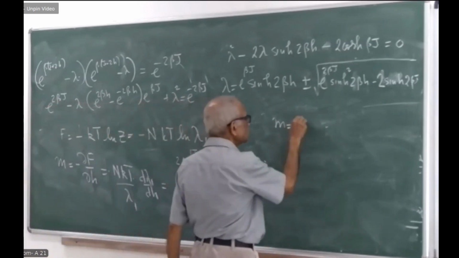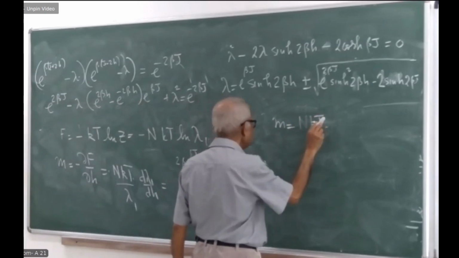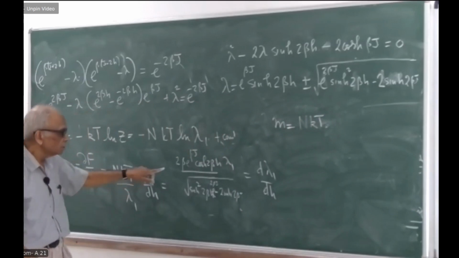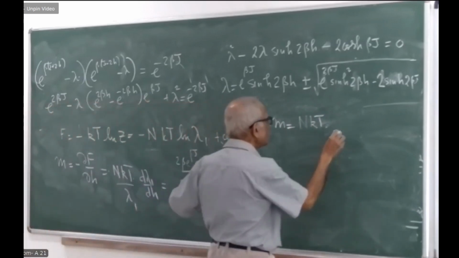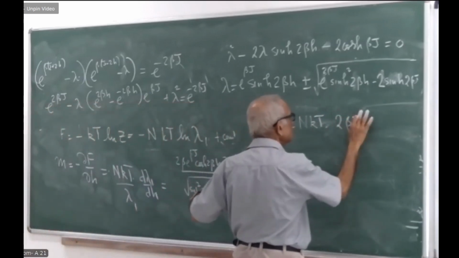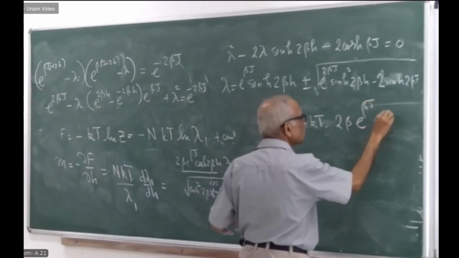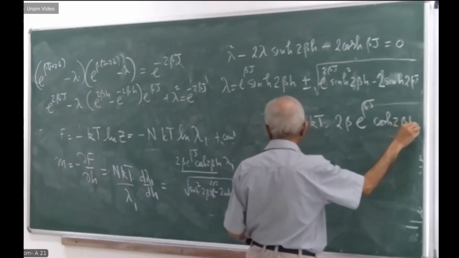So it is N kT, and then it is 1 over lambda 1 into this. So it is 2 beta e to the power beta J cosh